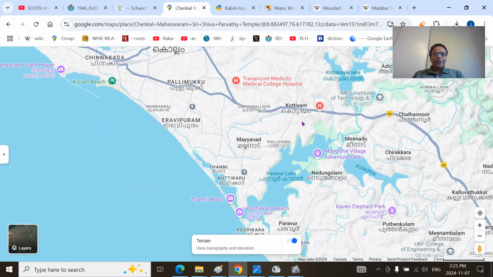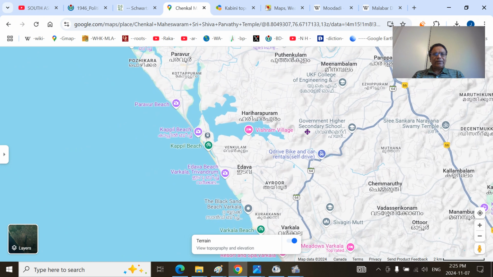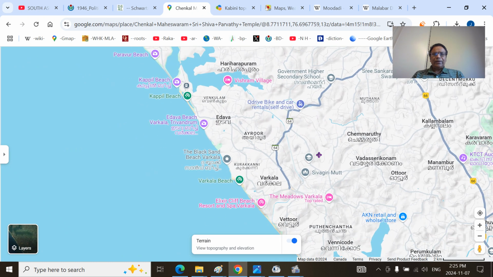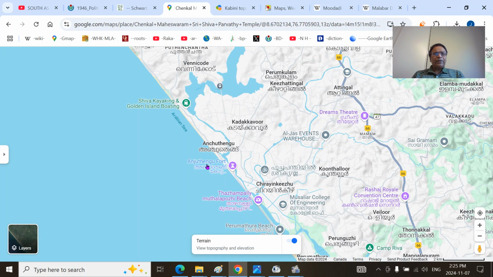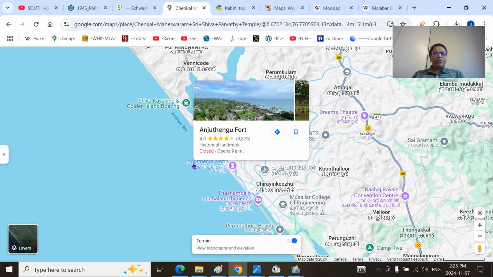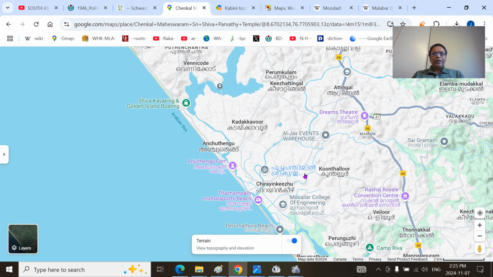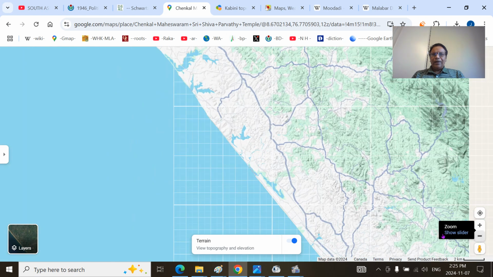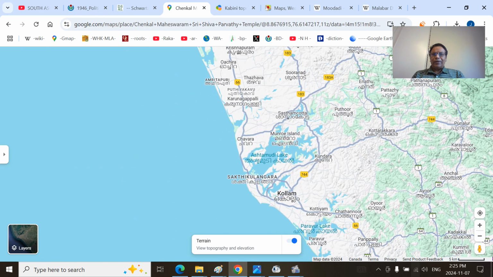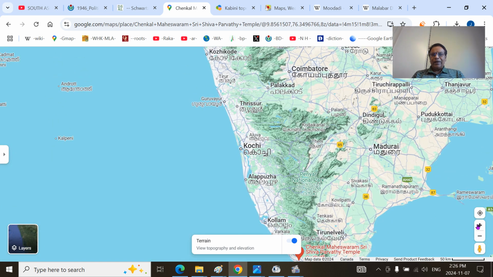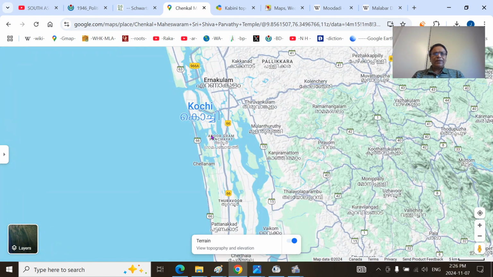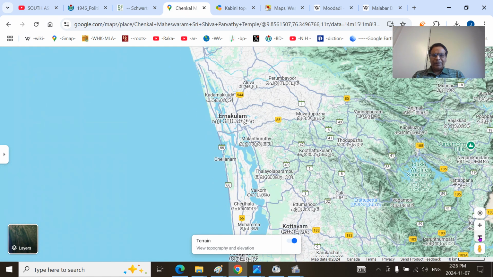Here, near Thiruvananthapuram, you can see Thangasseri somewhere. Near Thiruvananthapuram, yeah, Anjengo. This is spelled differently. Near Thiruvananthapuram, Attingal area, Anjengo Fort. So, it used to be, and Ernakulam and Kochi are the twin cities now, and Fort Kochi was under British control for historical reasons, later given to Ernakulam district.